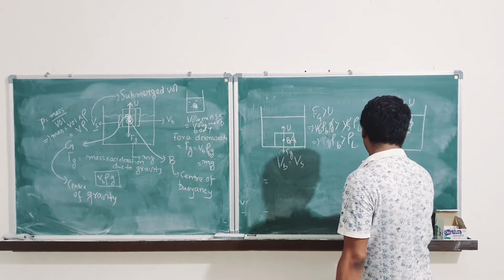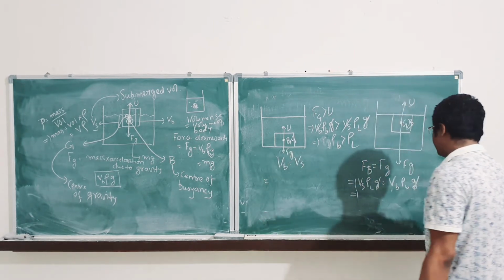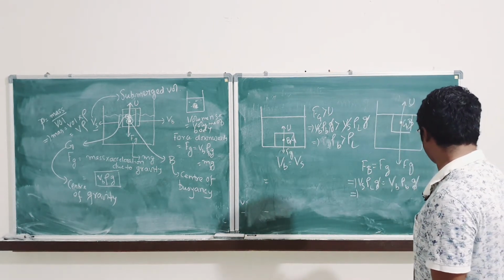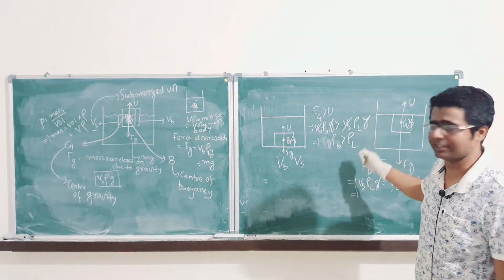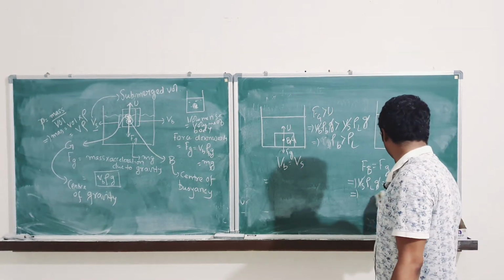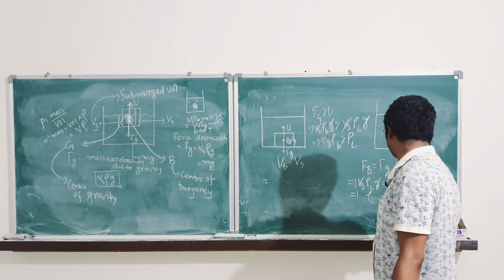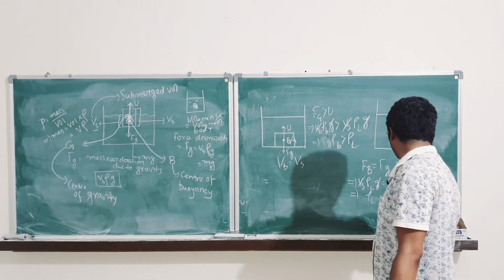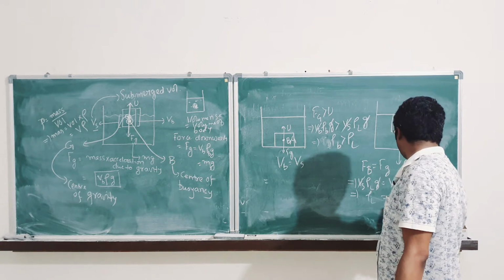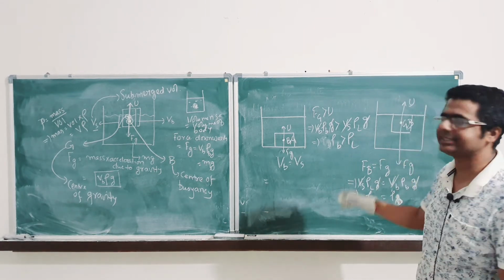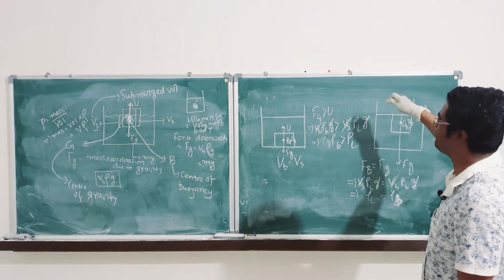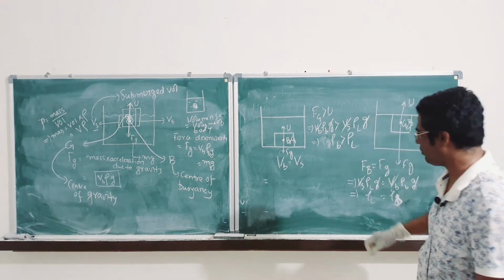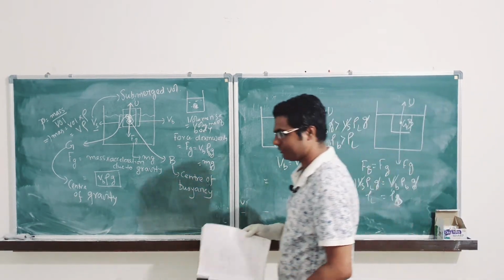ठीक है. So here we can see Vs and Vb is still same because the total part is submerged, so we can cancel it out. So rho L is equal to rho b. So if the density of the body is same as the density of the liquid, then it will just float with its surface along with the surface of water. Clear?